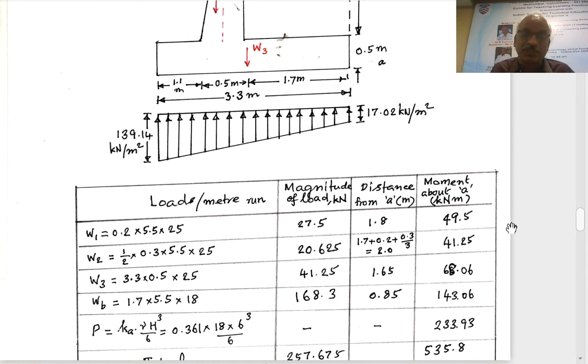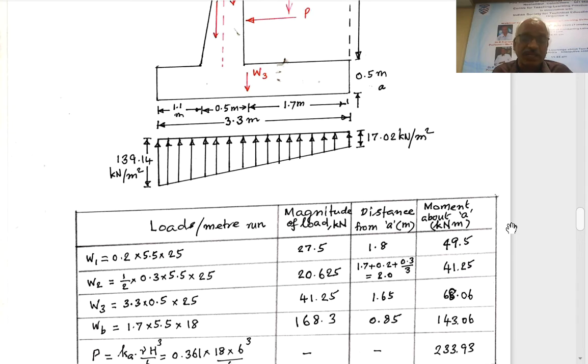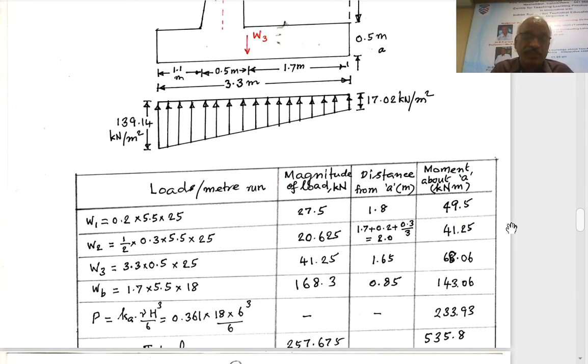Next is the lateral earth pressure. In addition to this, we have got lateral earth pressure. There is no traffic load, there is no surcharge. Therefore, for the lateral earth pressure, we are considering the stability of the total height of the wall. Therefore, it is PA equal to KA into gamma into capital H cube by 6. So we are checking the overall stability. We have already used 5.5 for the design of the stem. Here we have to use 6. We are checking the overall stability of the wall. So these are some of the points to be noted where there are differences.